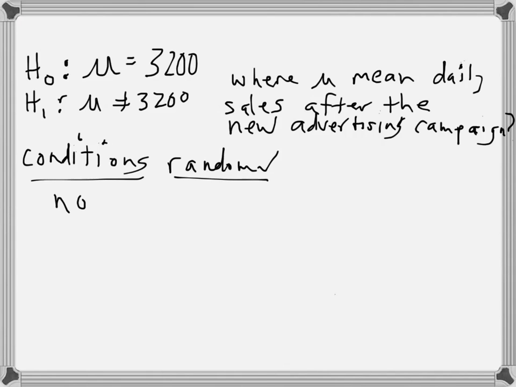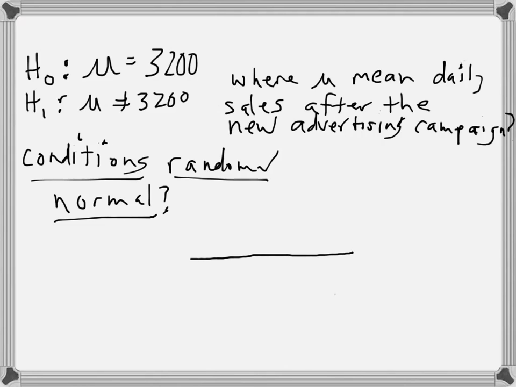So the next one is the normal condition. When we look at the normal condition, I usually start with, did it mention that the population was normally distributed in the problem? You don't have to look back. The answer is no, it did not. Is the sample size over 30? Nope, there were only 10 stores. Best thing we can do now is go to the numbers we have in our calculators in L1, and